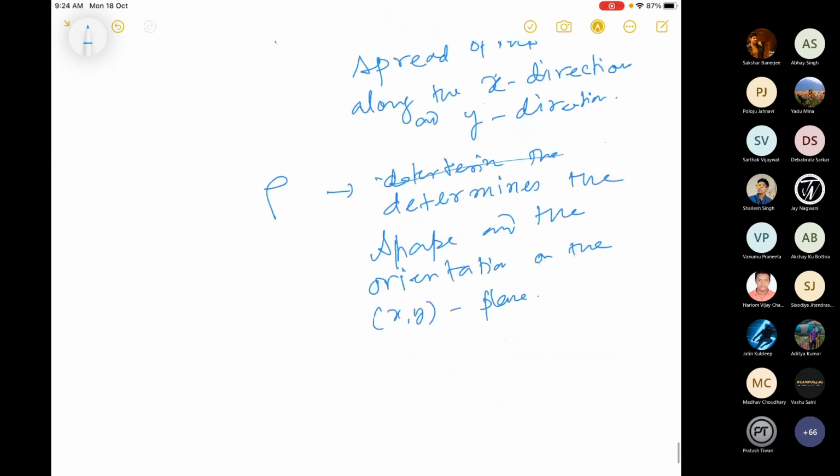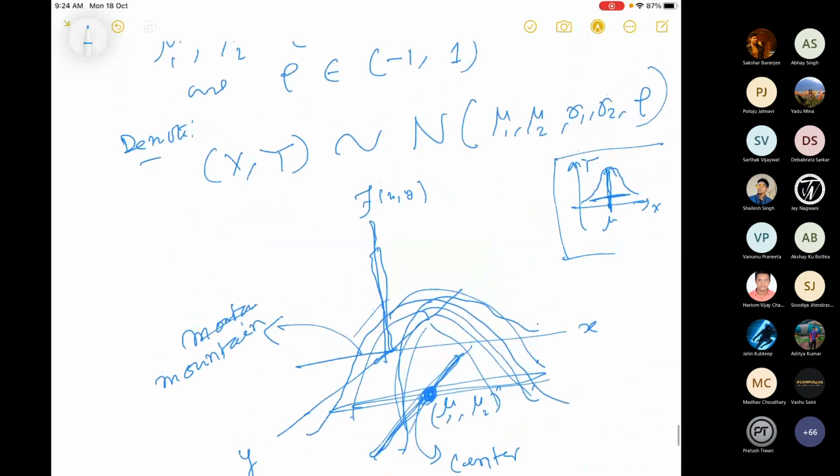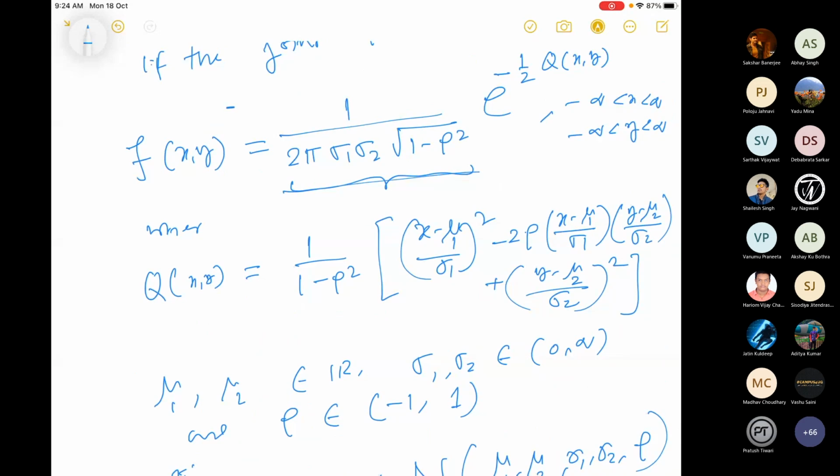We can just use some standard software, or you can draw it online also, and try to see what kind of distribution and what kind of surface you are getting. Now the question is, since I know what the bivariate normal is, the first question would be